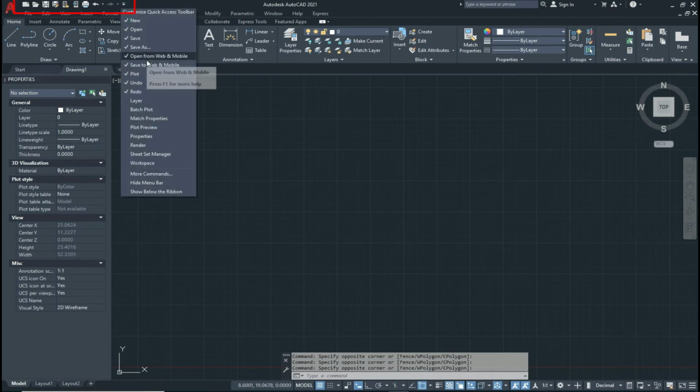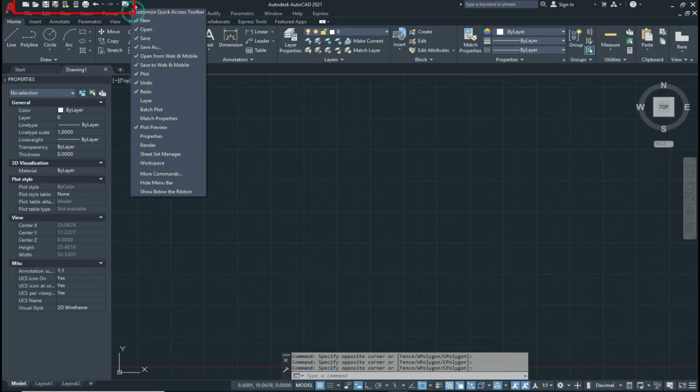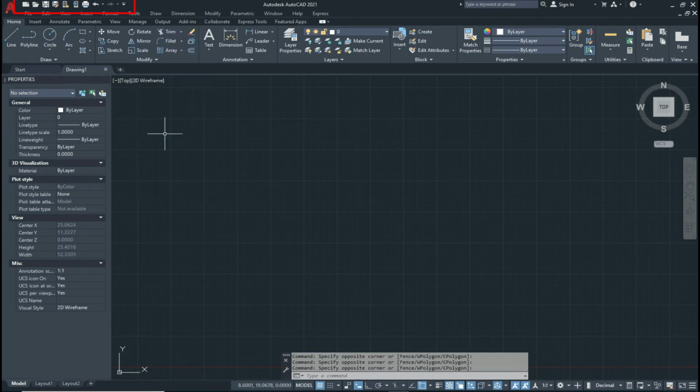The user can add and remove commands from here by clicking. If I want to add a plot preview, then I click, and it's shown in the quick access toolbar. If I click again, it will be removed. So this is our quick access toolbar.